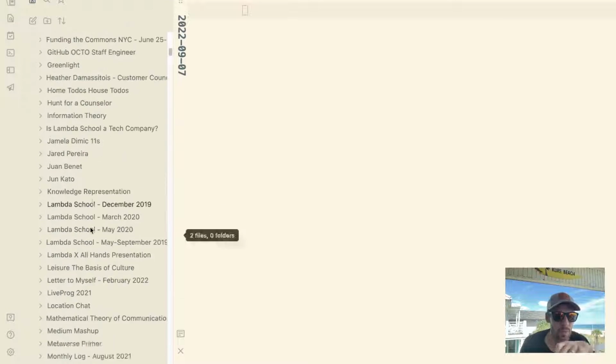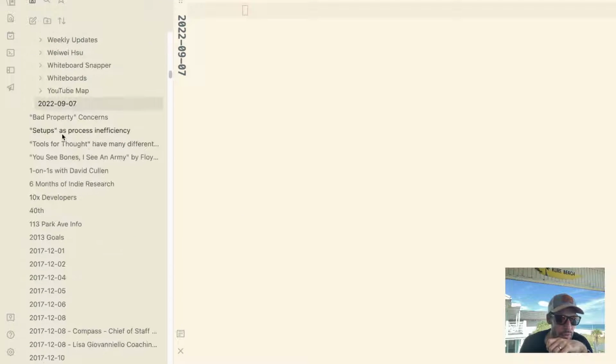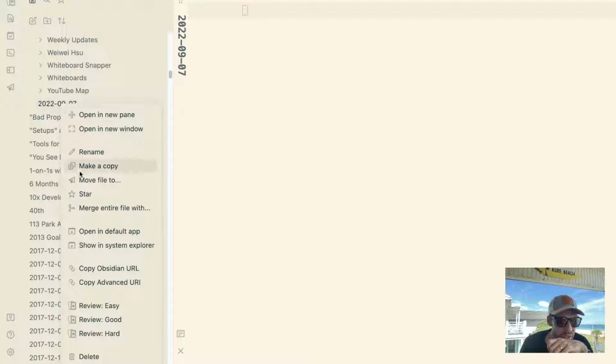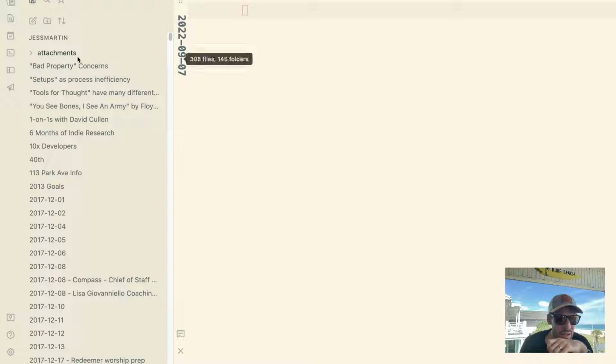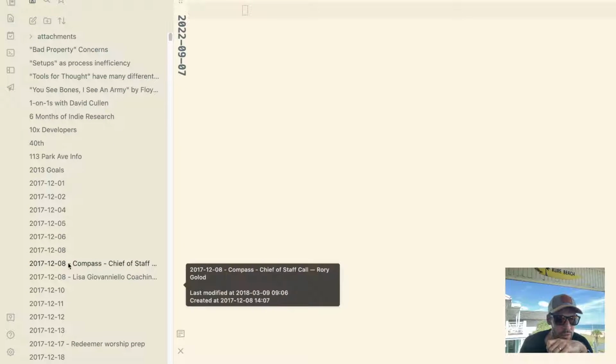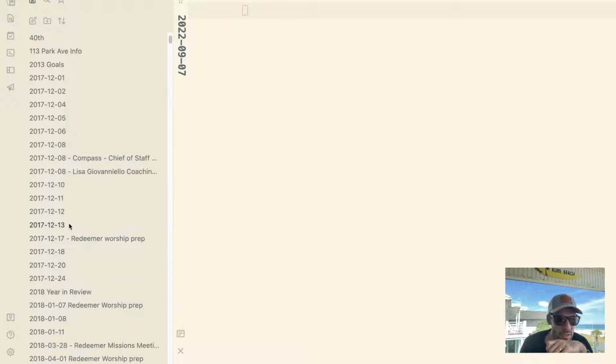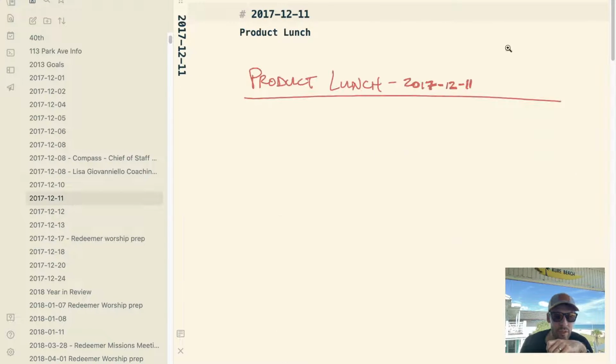Okay, so then I'll need to move the daily note up a directory. Move file to /, there we go, maybe that did it. And then I think we were in one of these 2017 notes that had some, yeah, there we go. Okay, so attachments are still working. We're good there.